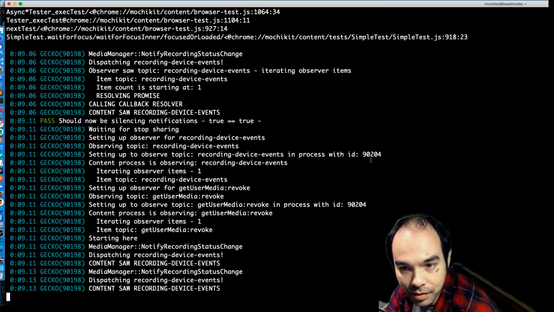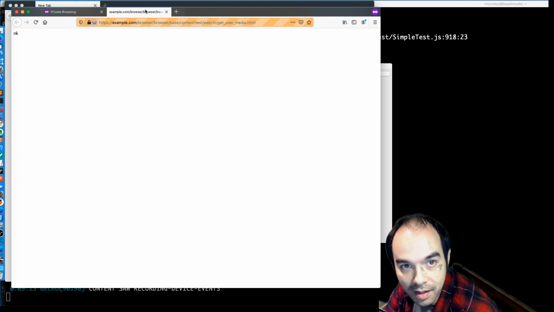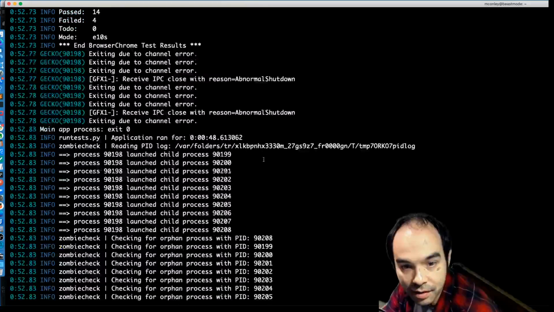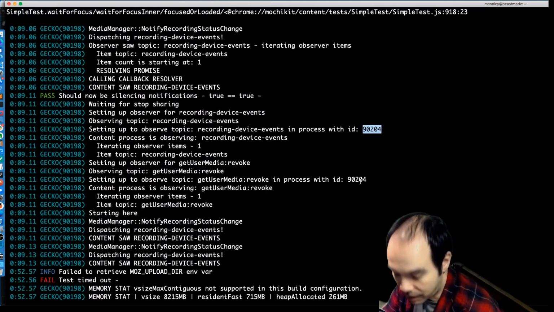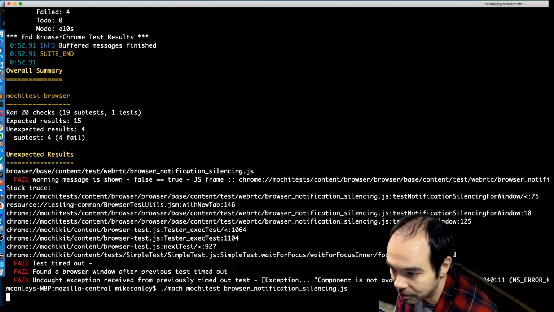So we're setting up to observe these inside that process. 90207 is the name of the process, that's the problem. Okay, I don't know if you saw that. I'm going to run that again, but the test ended before